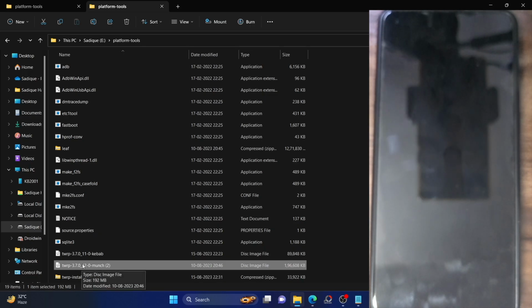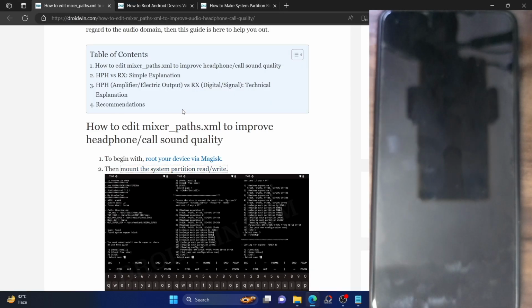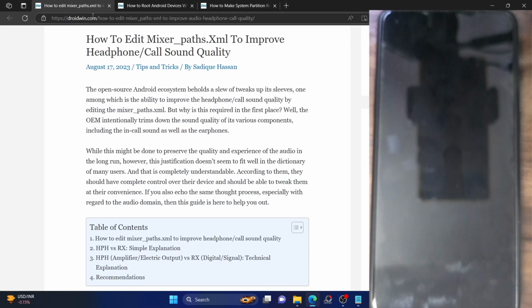As of now, we are doing these steps just to root your phone. In case you don't have a custom recovery, you could use the Magisk patched image file. In my case, I have a custom recovery, so I'm using this method to root my phone. Once we have the recovery file, you could now unlock the bootloader and then flash the recovery file. For unlocking the bootloader, I have made a separate guide on the same. You could refer to my guide and unlock the bootloader.